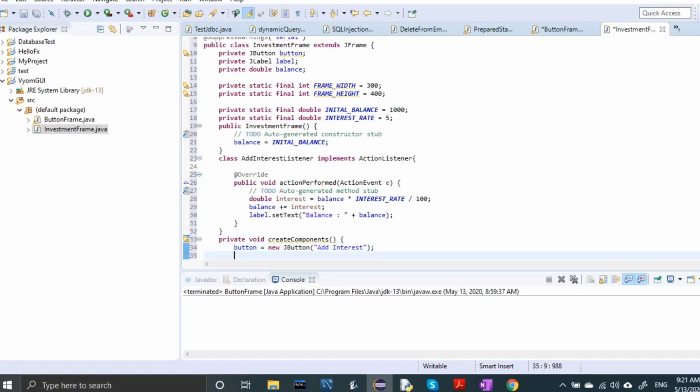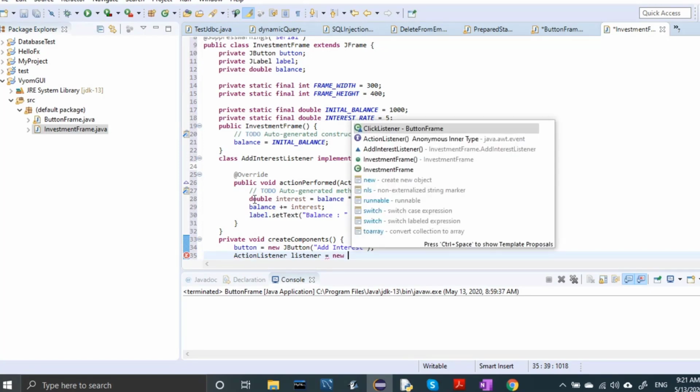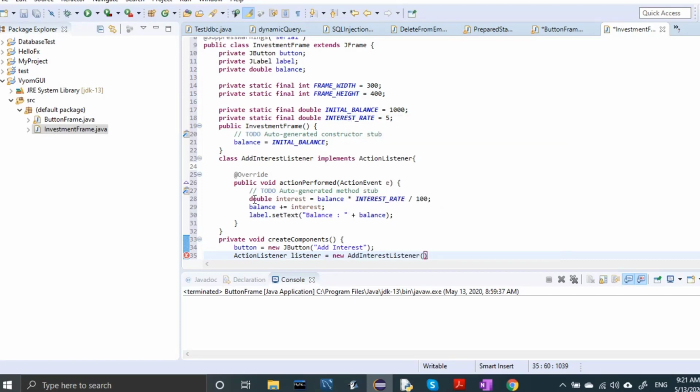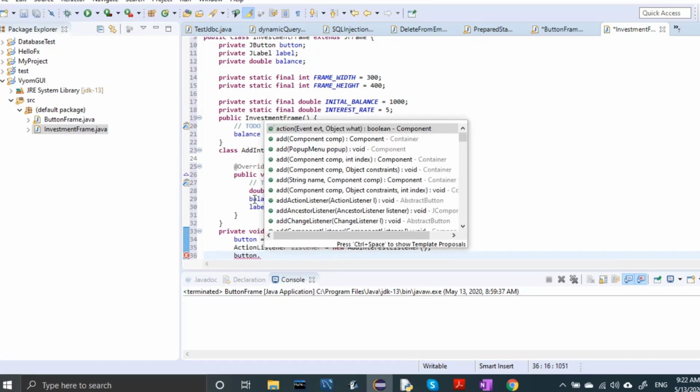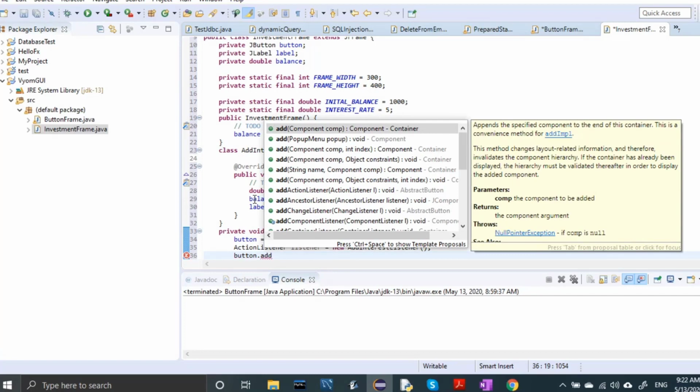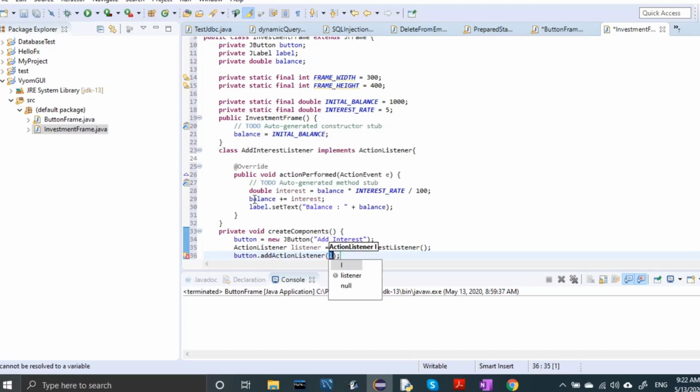Let's write ActionListener listener equal to new AddInterestListener, semicolon, and then we add button dot addActionListener, then listener.